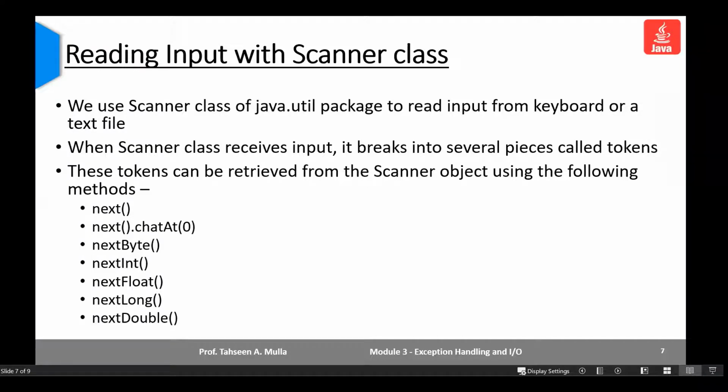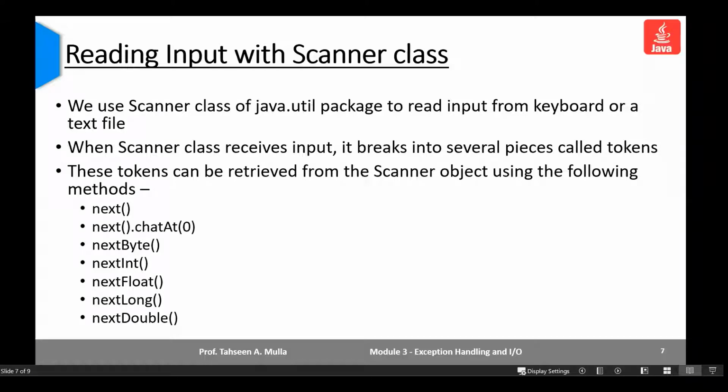For that purpose, we can use different methods rather than directly jumping to the end of file. If I want to be at a specific location for a specific character, or count the number of words, the white spaces in between those words, the number of new lines, capital letters, small letters, in such a way I can parse each and every piece of data from the keyboard or from an external text file. So these are some of the methods.